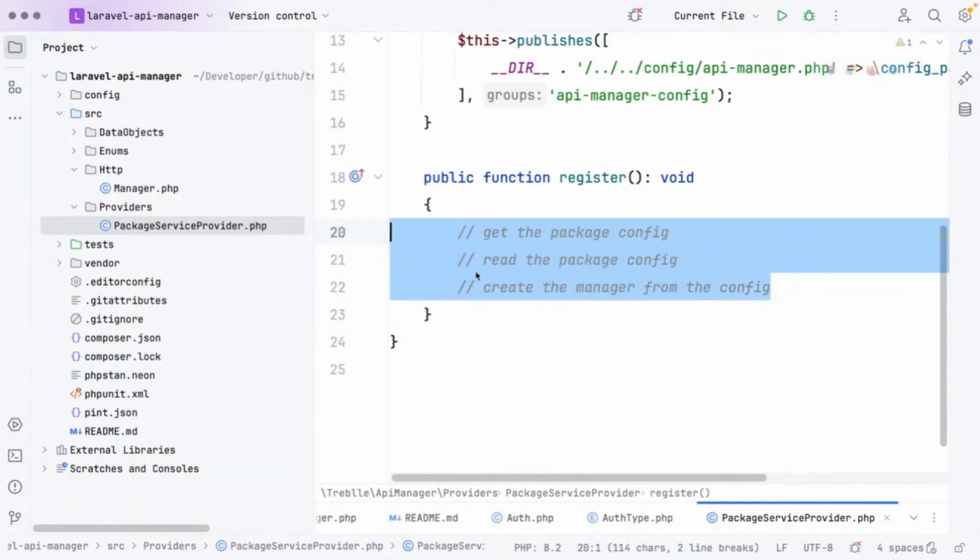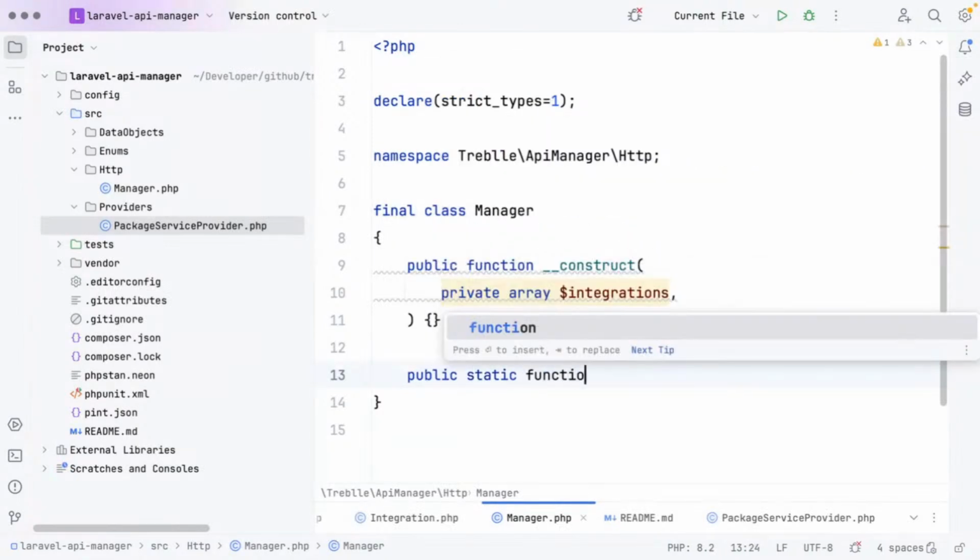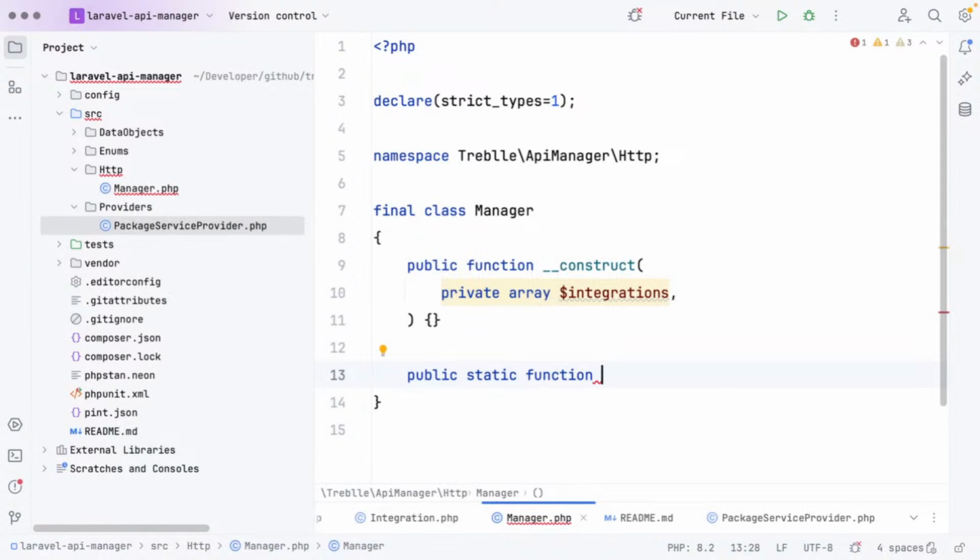So all of this is great, but does this belong in our service provider? Most likely not. The best place for this, I would say, would be in the manager class itself over here. So let's create a public static function, I don't know, make. This will have an array of integrations that will come from our service provider and then create it itself. So